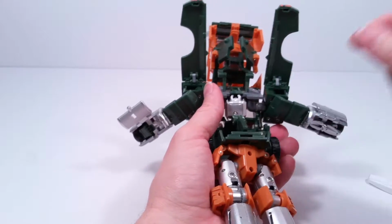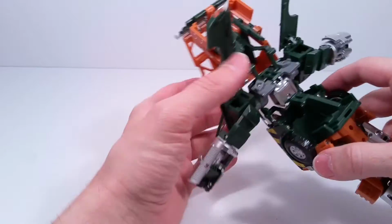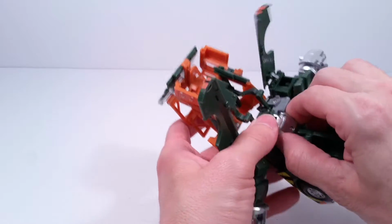And on the head, so now this is where one of the main issues is as far as tolerances and just tight spots. So like the head itself,